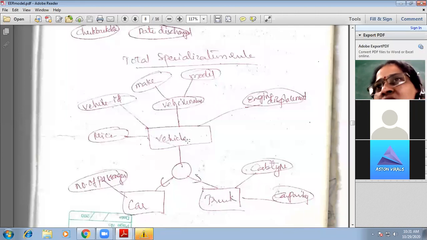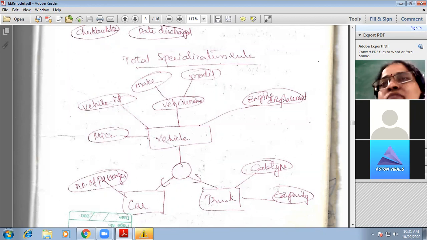There is no motorcycle, so the instance of supertype vehicle is not a member of any of the subtypes. Then we call it a partial specialization rule. The partial specialization rule is represented by a single line.